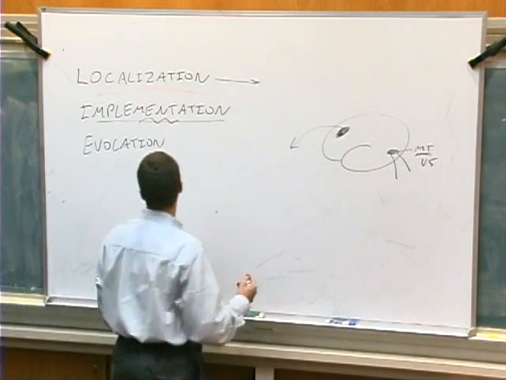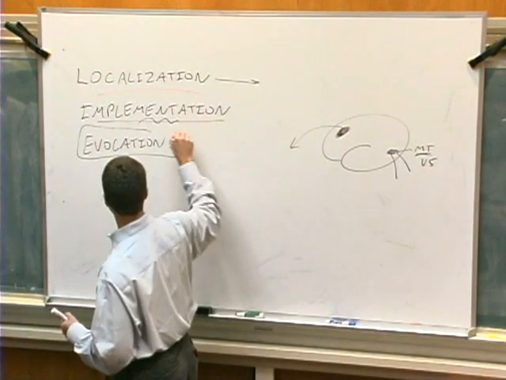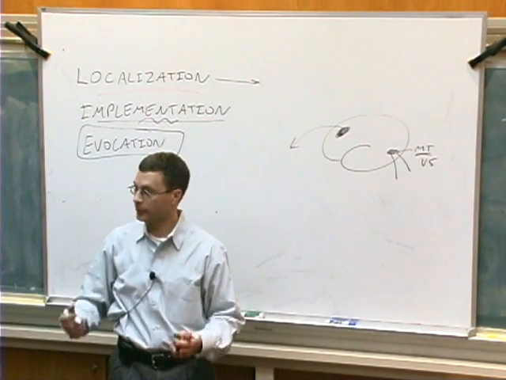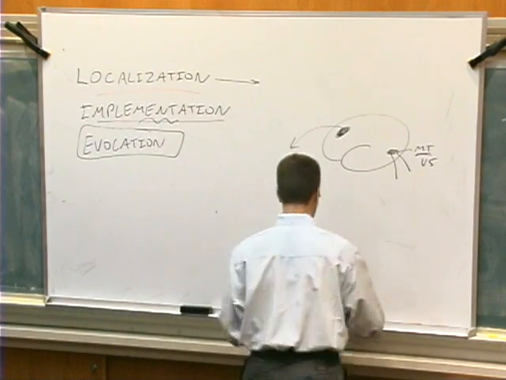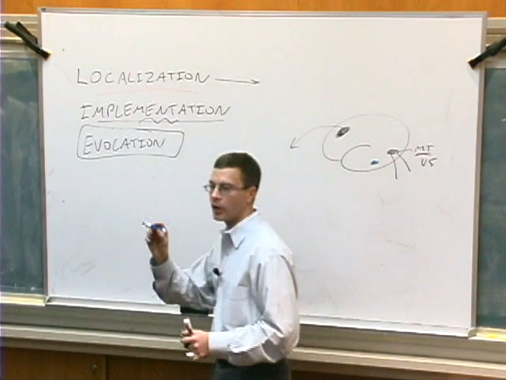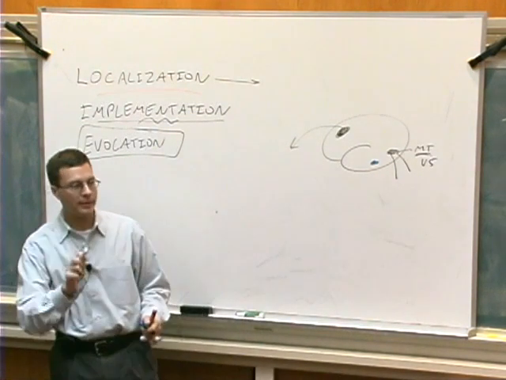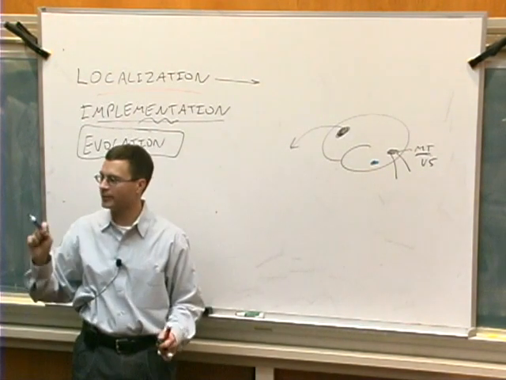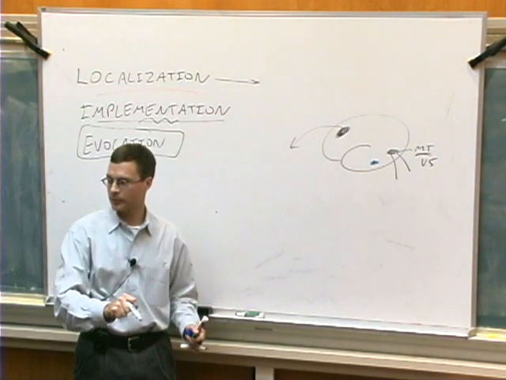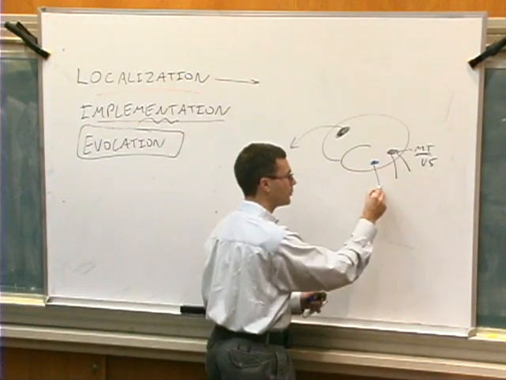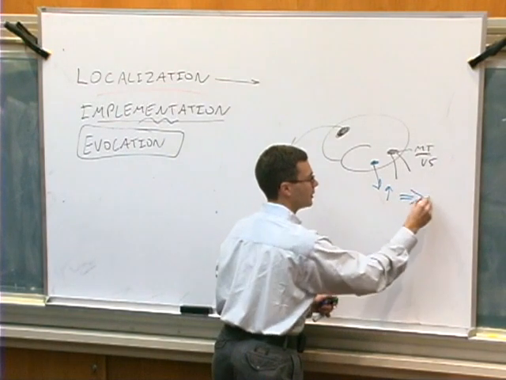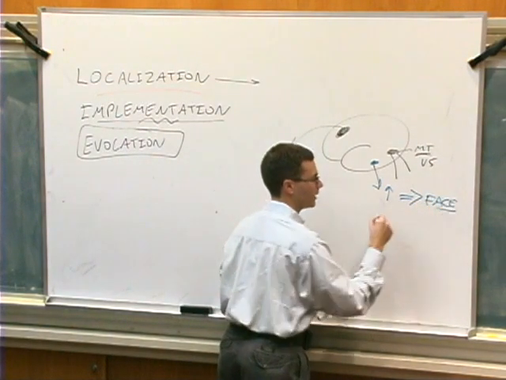All right. Finally, evocation. So an evocation is really a completely different mode of inference that you might use with neuroimaging experiments. And it's the following. You say, OK, here's an area of the brain, suppose the fusiform face area. And I'm willing to make a rather strong assumption about this area of the brain. I'm going to make the assumption that any time I see neural activity within the FFA, the subject is seeing a face. Okay? It's a very strong assumption. Anytime I measure an increase in neural activity from this area, that necessarily implies that the subject is having the perception of seeing a face.